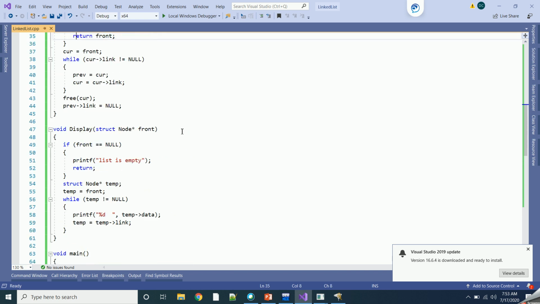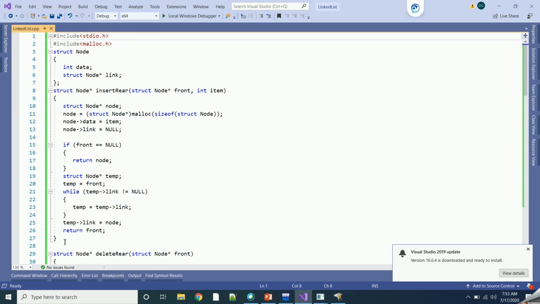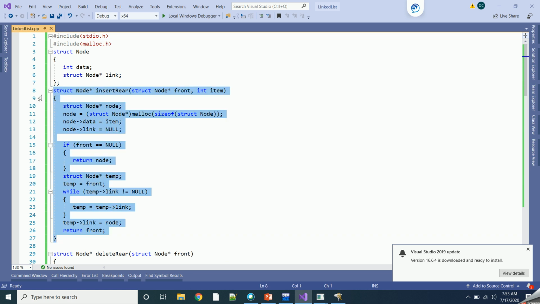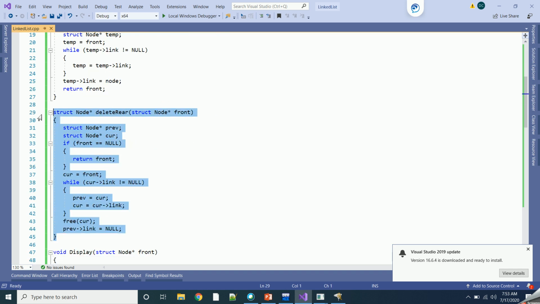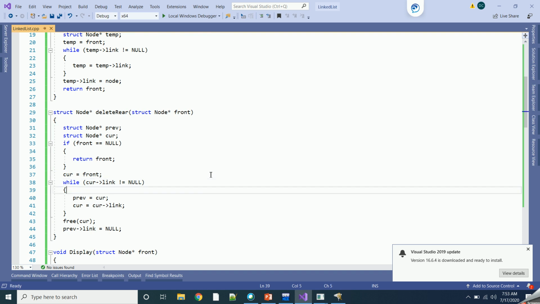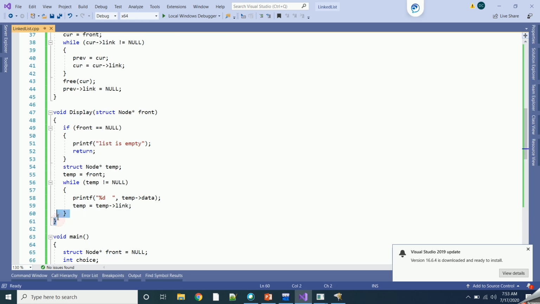Now let's see the insert and delete functions. This is the code to insert at the end of a linked list, and this is the code to delete the element from the linked list. This will be like the pop operation for the stack, and then this is the display operation, to display the content of the stack or linked list. I have explained each of these functions in great detail in my videos.